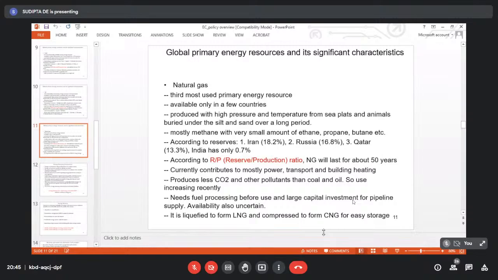So that's why what people do actually, coal-based methane is another option. If you don't have natural gas, but you have coal at a larger depth, by making some chemical reactions with the steam and the coal, you can produce the corresponding methane, and that methane comes out through a pipeline. So if there is any subsequent leakage, what will happen? The production of methane will be stopped. No human casualty will be there.